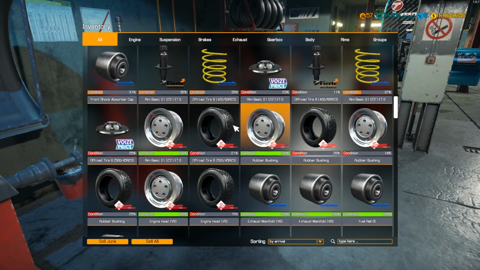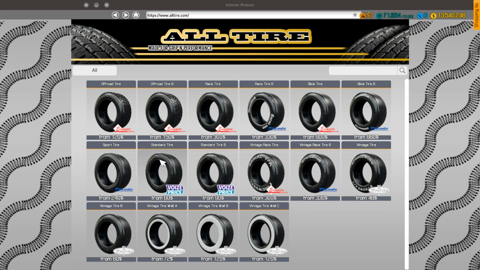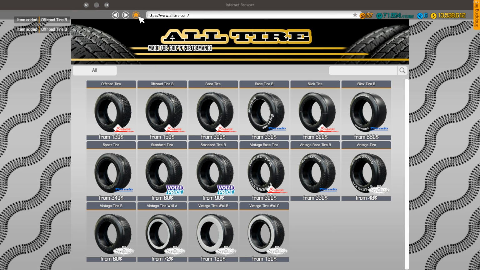I know it was 460. Right. Off-road tire B, 460. 400. 405. Let me guess. Oh, 60. Good, good, good. A little bit wider. Just a little bit. Not a lot, baby girl. Just a little bit. Now, as far as rims go,